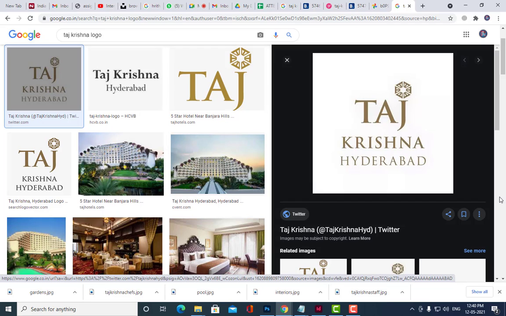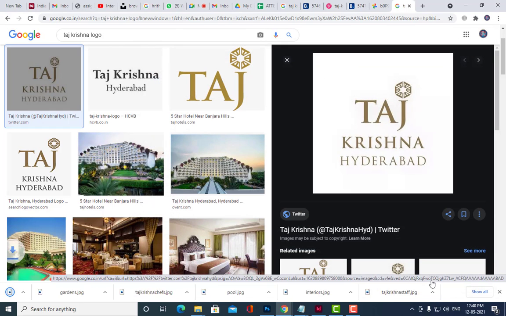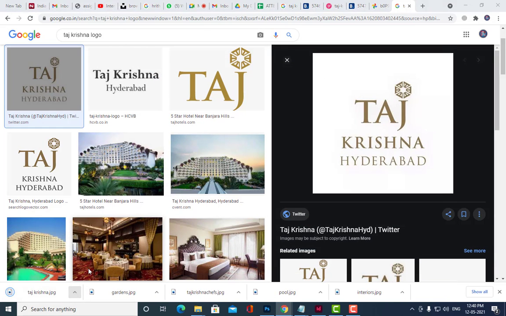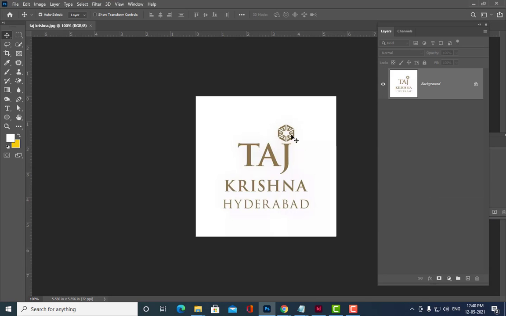We'll do some modifications with this. I want only the logo. So let me go to Photoshop and try to open it there. I want to remove the background. So how to remove the background?